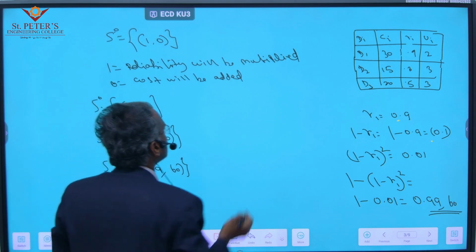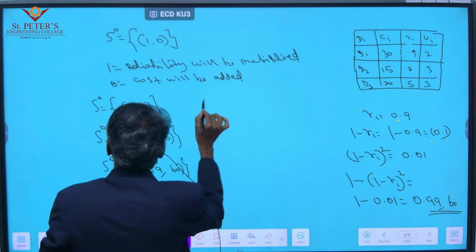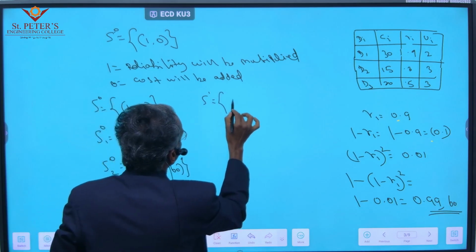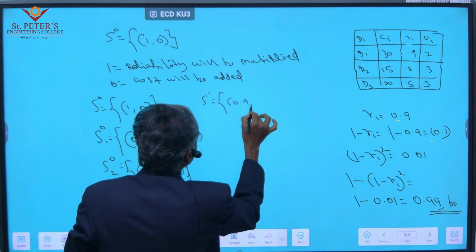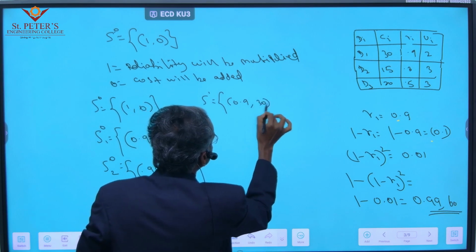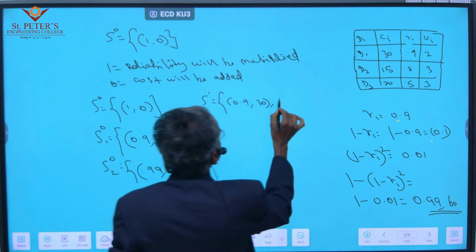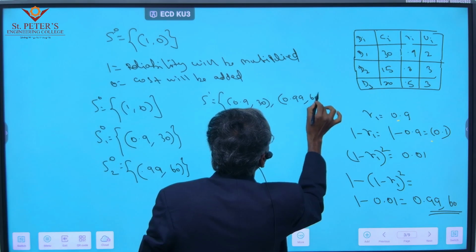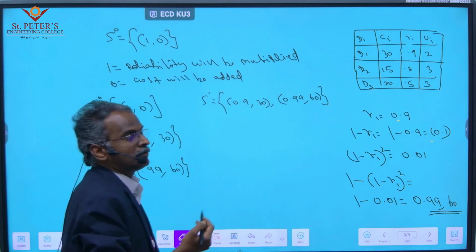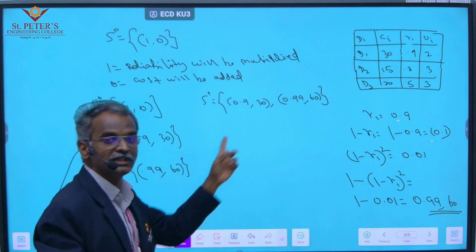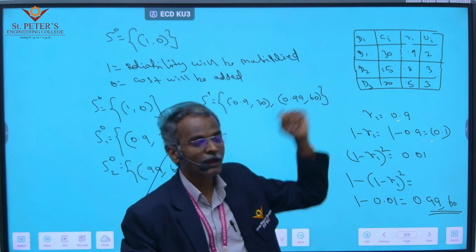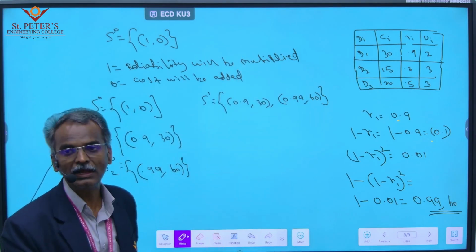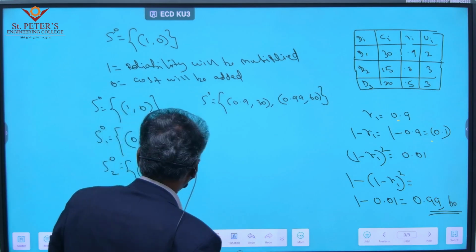So we'll put together S1 first. We'll combine these two: 0.9 comma 30 is the first pair, and the second pair is 0.99 comma 60, for set 1. From this we need to calculate set 2. How many devices do we have? 3 devices. We need to prepare set 2 and set 3 as well. Right. Now